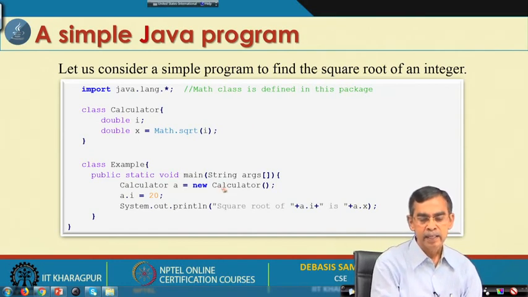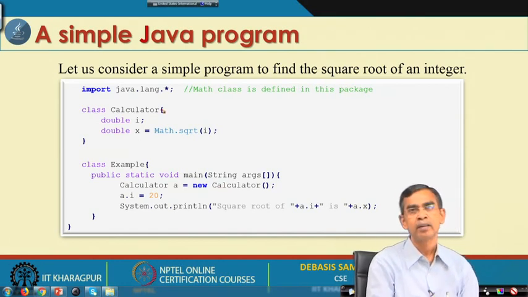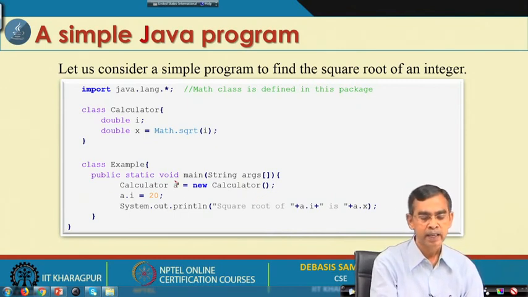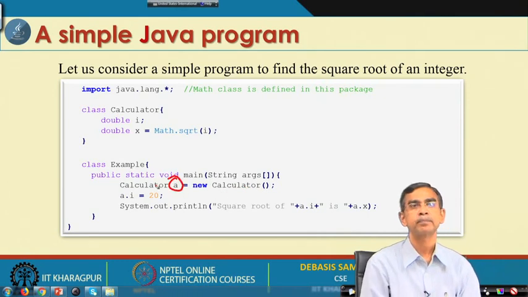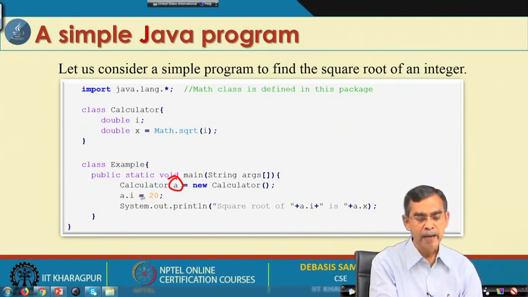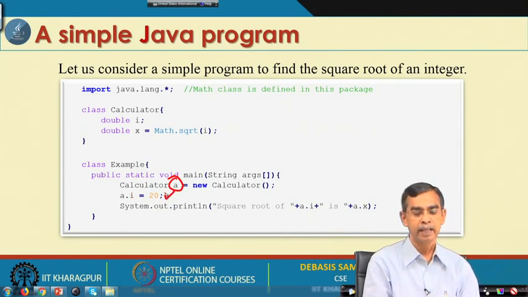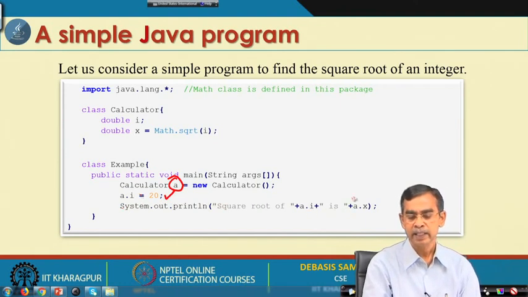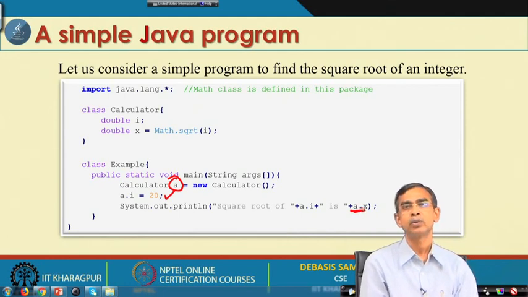Here we can see the Calculator class, which we have already declared, and for this class we create an object, and the name of the object is a. For this object we initialize its member element i as 20, and then finally we use this object and print a.x, where x basically stores the square root value of i.